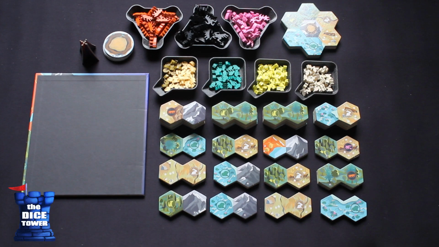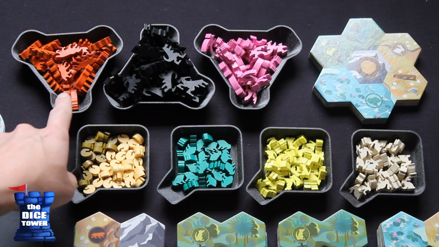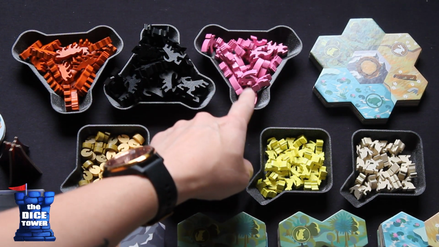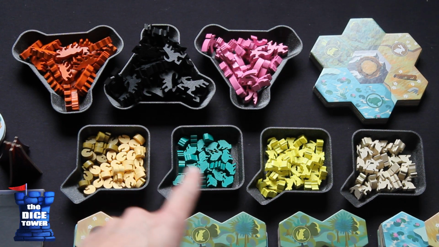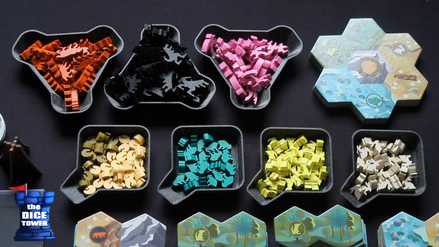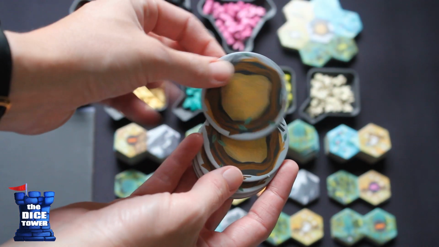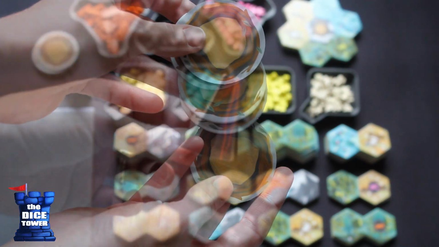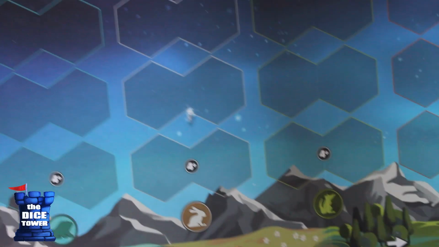Let's take a look at all the available components laid out. We have our predators, our tigers, dinos, and our eagles. We have golden eggs, regular eggs, frogs, rats, and rabbits. We have our starter ecosystems. We have our player nests, and the active player marker, which is a volcano. We have our main player board,